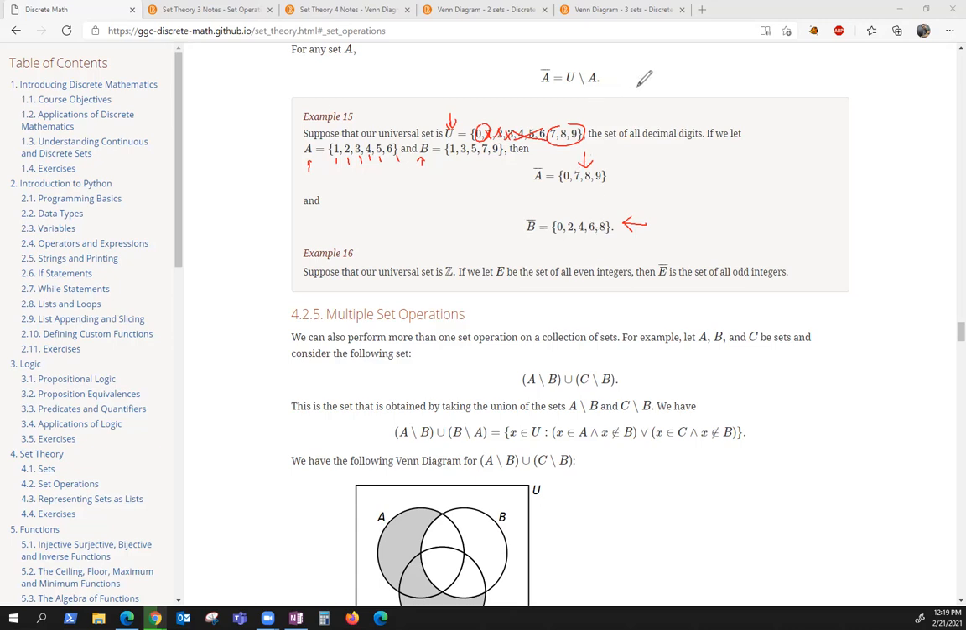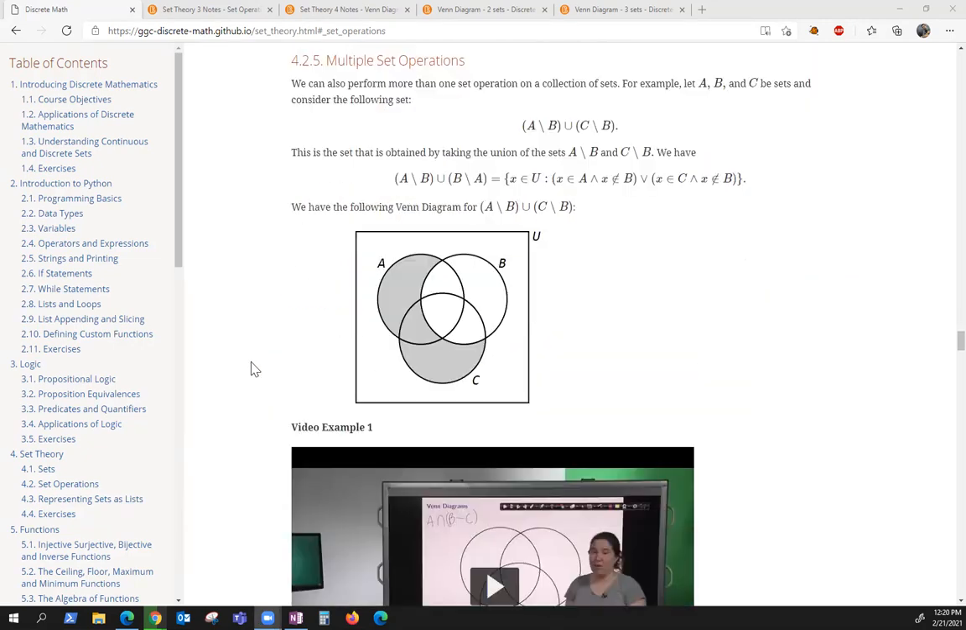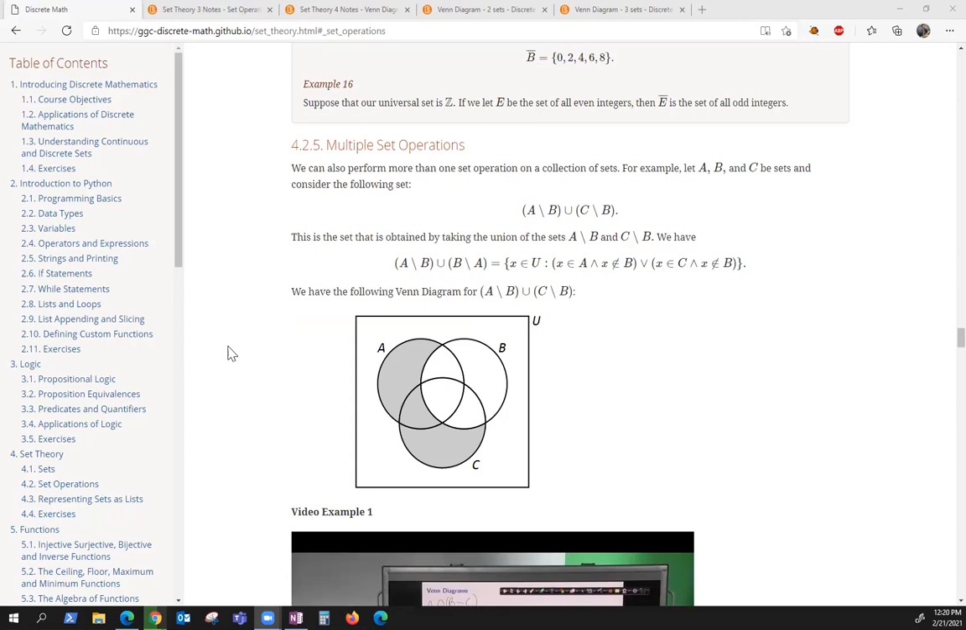What gets interesting is when we have more than 2 sets. So we have multiple set operations. So for example, we could form something like this. Now parentheses rules are the same as in mathematics. So you would do A minus B first, and then C minus B, and then you would take the union